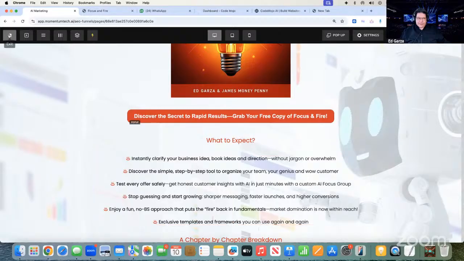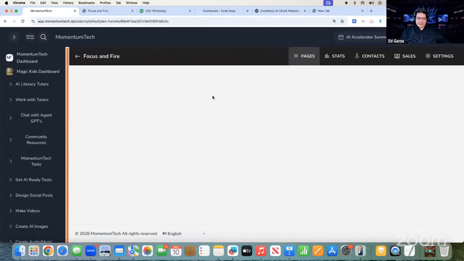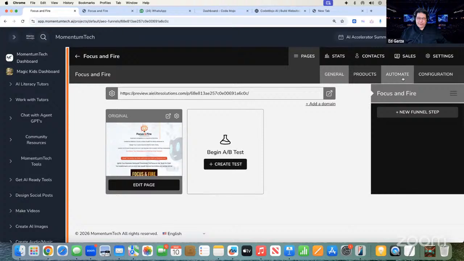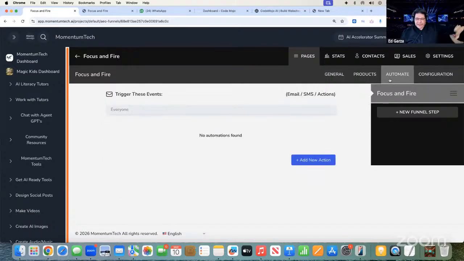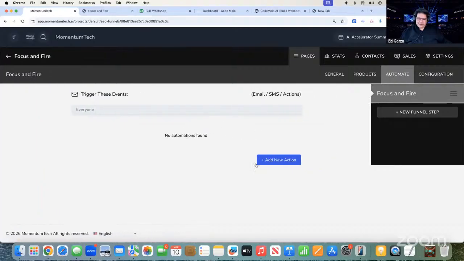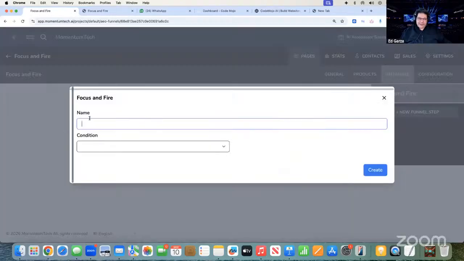And let's go back and let's click on automate. So there's options here. See, I'm back in the builder here, and there's an option here. Remember, I set up my email already. Okay, and I click on automate, and I can create a new action here. Close this so you can see everything. So a new action, and I can name it. Let's say I name it Thank you email.